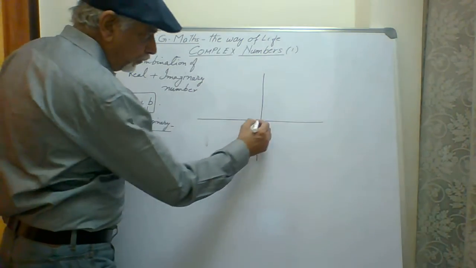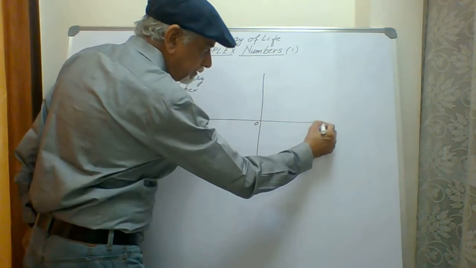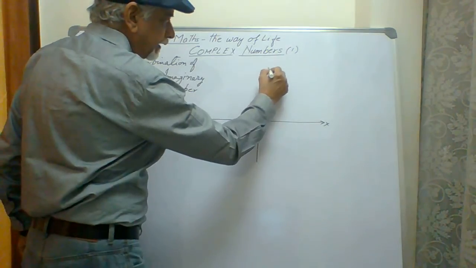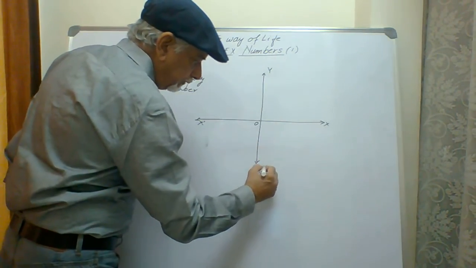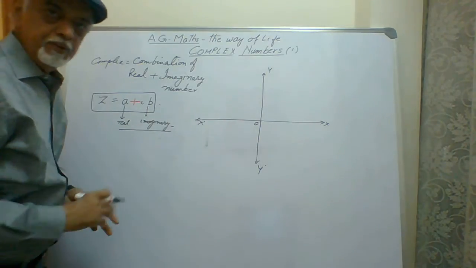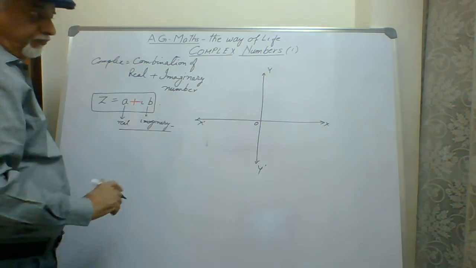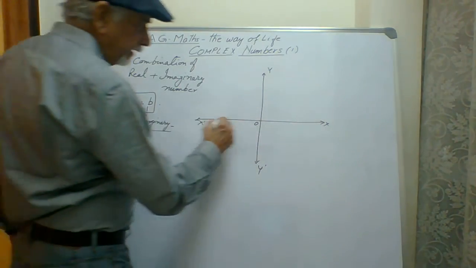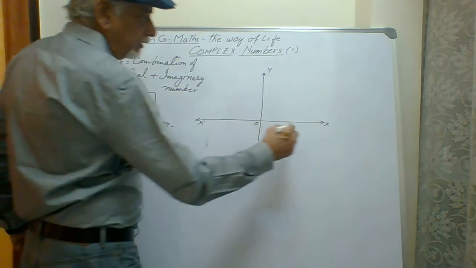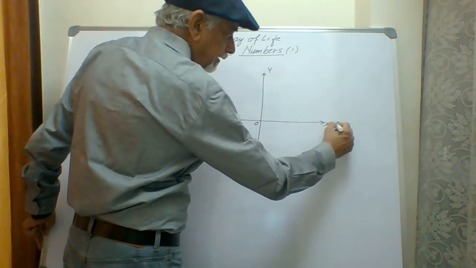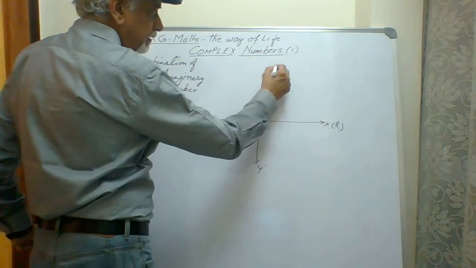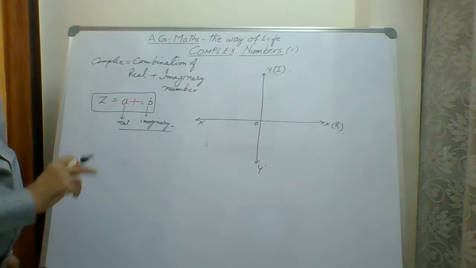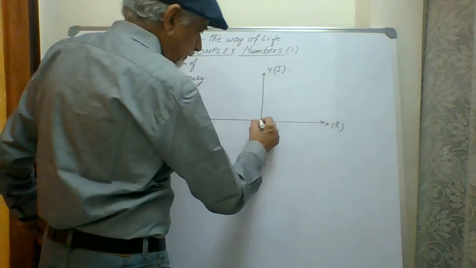Now conventionally we know that this is the x-axis and this is the y-axis in our system of graph or coordinate or whatever you say. Now when these two axes are intersecting at the point O, this is called the origin. Now anything on the x-axis is called the real. So we call it real. And this is called imaginary. Why is this called imaginary? I'll explain it to you with a small diagram here.